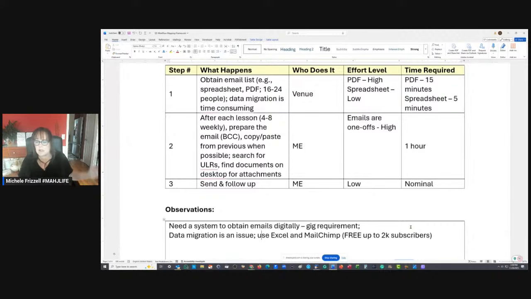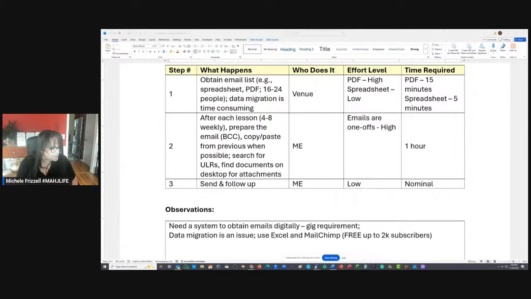You don't have to do any copying and pasting or anything. You tag all the students that were in that class, and then when you create your email in MailChimp, you say send it to the students with this tag, and it's automated. You don't have to do anything. All you would need to do in the front end is tag the students that were in the class. So you would put their names, first name, last name, email, and then a tag. So the tag would be, let me just show you.